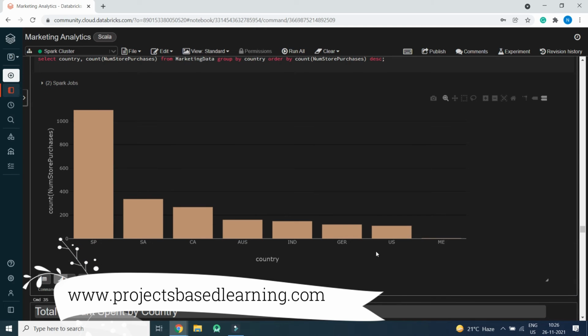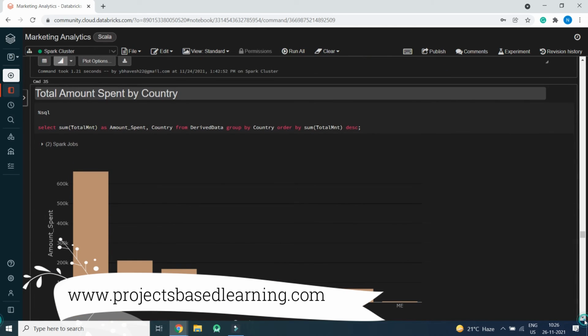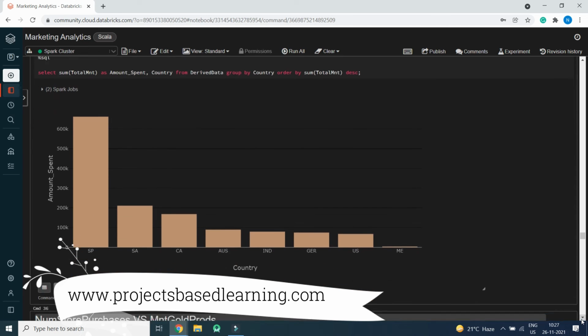So here we have country SP, SA, Canada, Australia, India, Germany, US and ME, that is Mexico. Then total amount spent by countries. Here also we are fetching the sum of total amount as amount spent, country from derived data, group by country, order by sum of total amount in descending order.